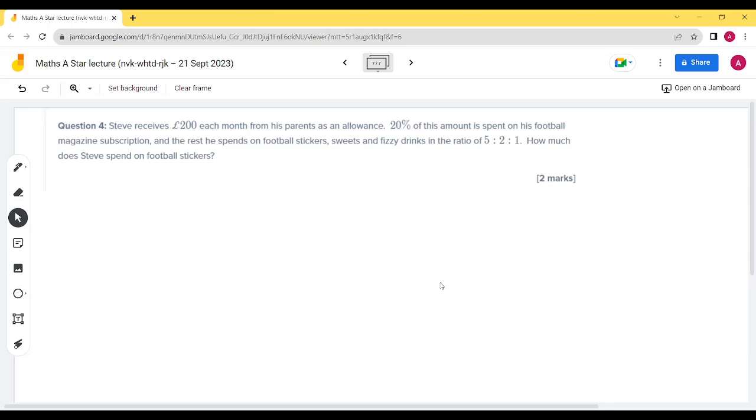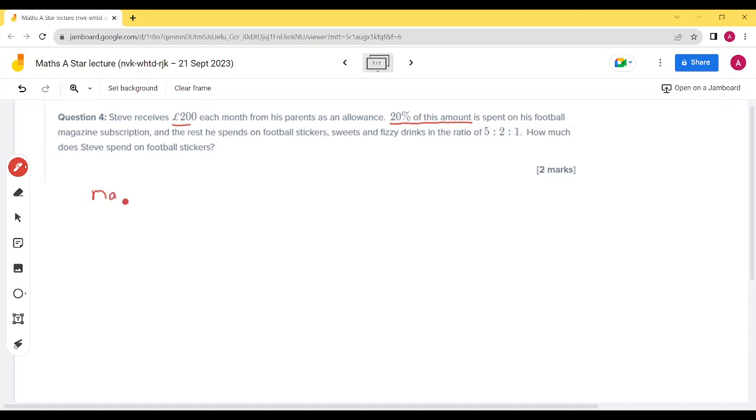So as you can see here, you might get a question which involves ratios, but it might combine other skills as well, which is the case here. So the first thing it says is 20% of this amount, which represents 200, is spent on a magazine. So we need to get rid of that before we work out the other part of the ratio. So we've got magazine spending